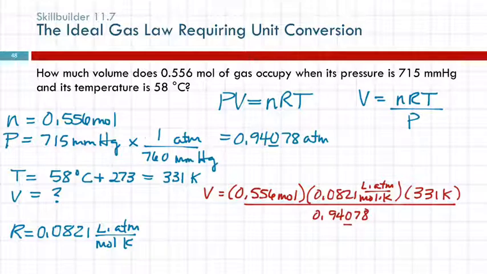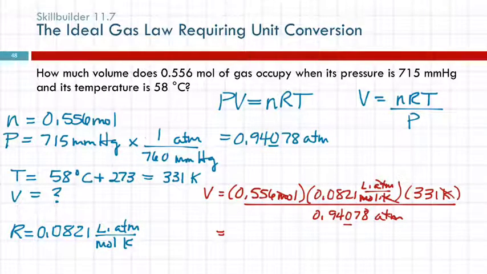0.94078 atmospheres. I check my units. Moles cancel, atmospheres cancel, kelvins cancel. 0.556 times 0.0821 times 331 divided by 0.94078 equals,